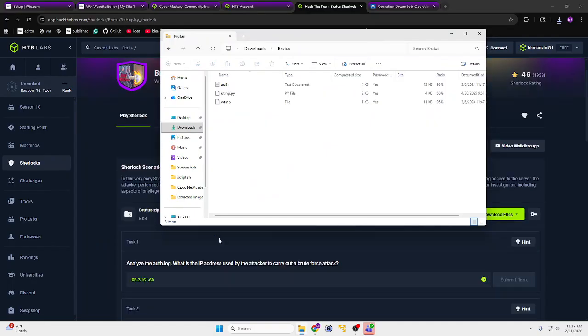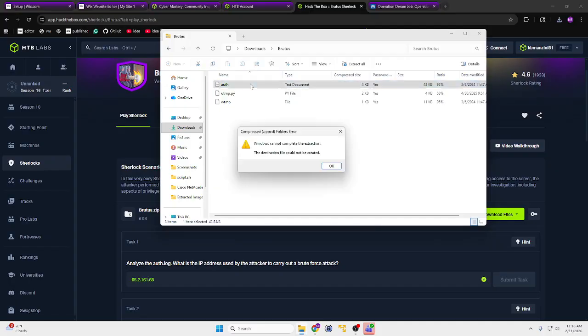it'll ask you questions based on the file you extracted. So the first question here says, analyze the auth.log. What is the IP address used by the attacker to carry out a brute force attack? So you open the auth log if it was working. I have no idea why it's not. You open the auth log and it shows you a bunch of these